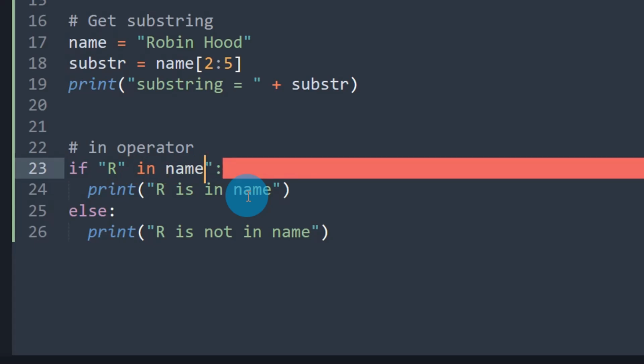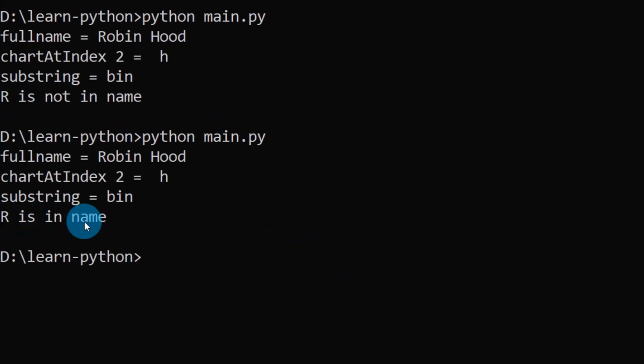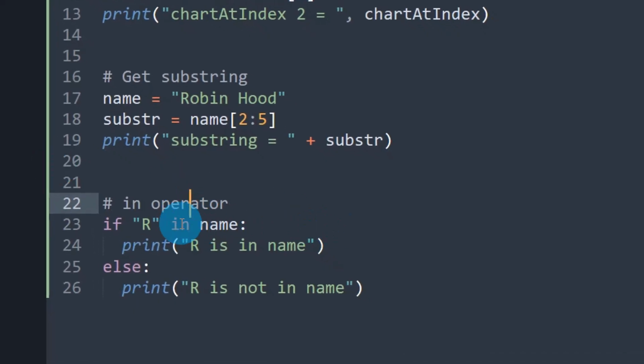If I remove this, so what will be considered? The variable name will be considered. So what is the value of the variable name here? Robinhood. If I save it and run the program, you got it? 'or' is in the name, correct? I intentionally wrote those inverted commas here so that you can understand easily whether it's a variable name or itself a string.